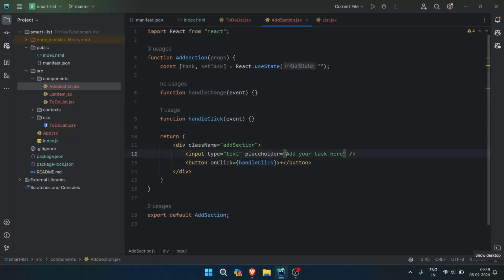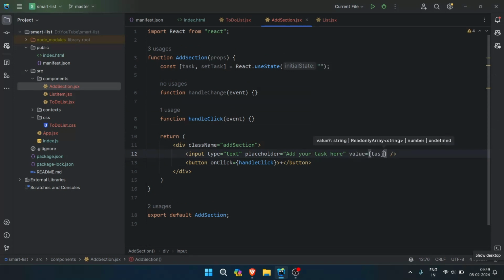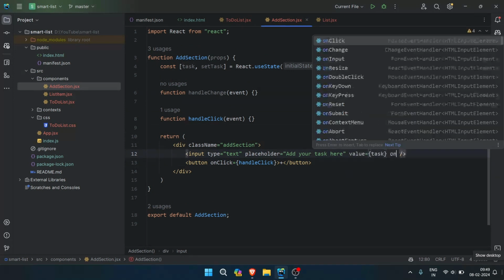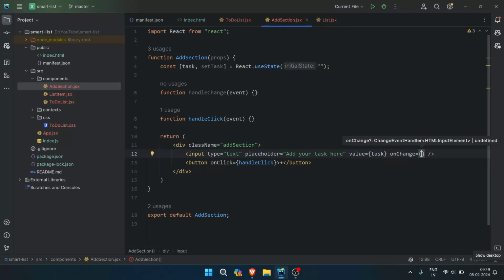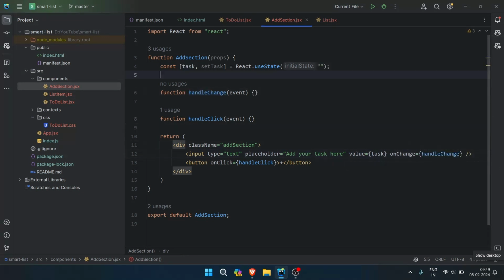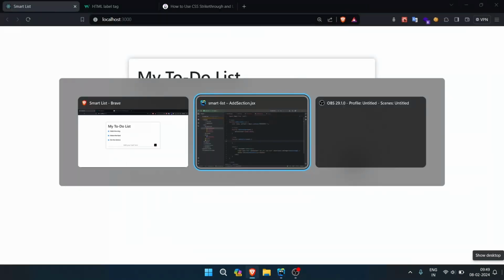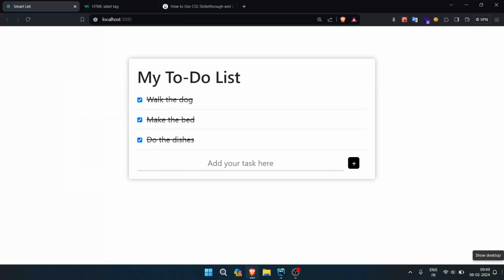Now for here we'll say value equal to task, onChange equal to handleChange. Now in here setTask event.target.value, and then the handle click we can add